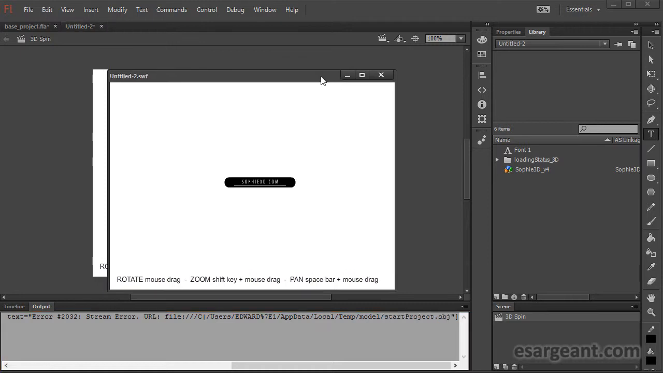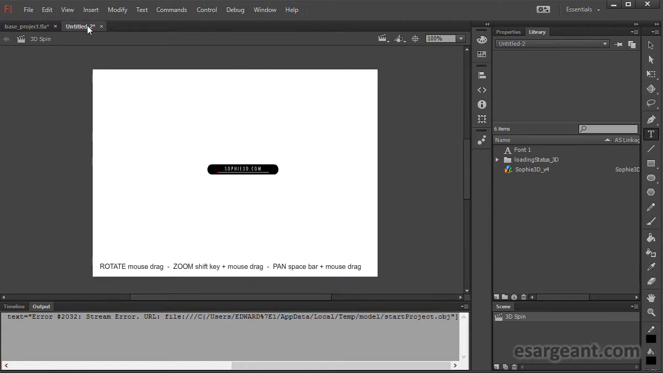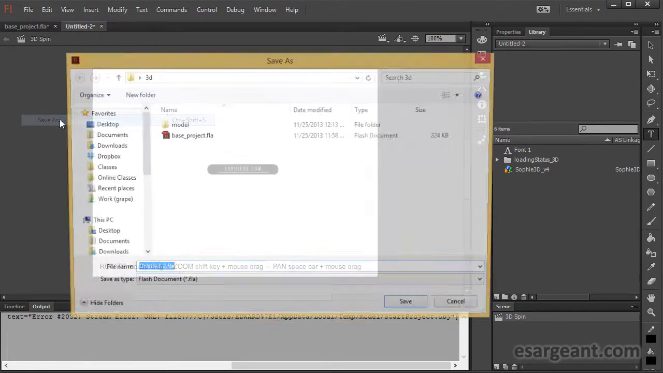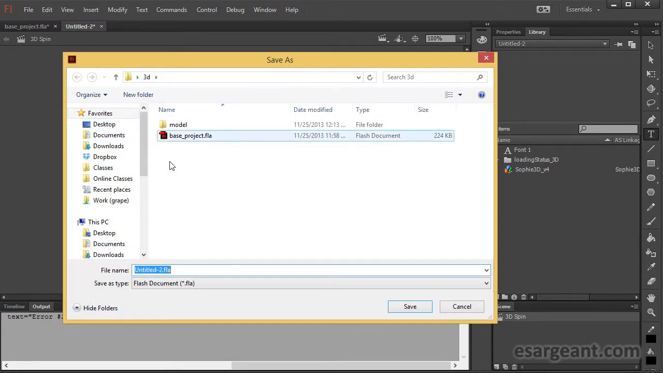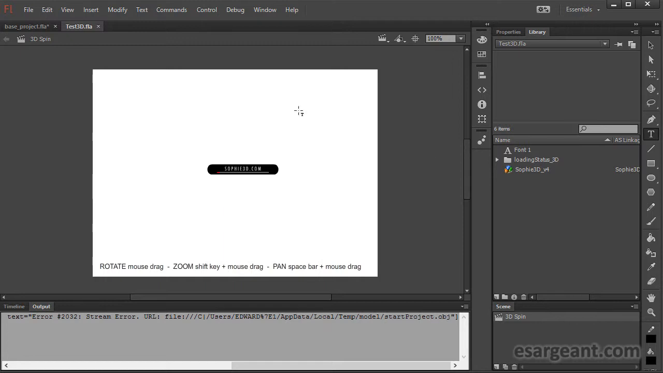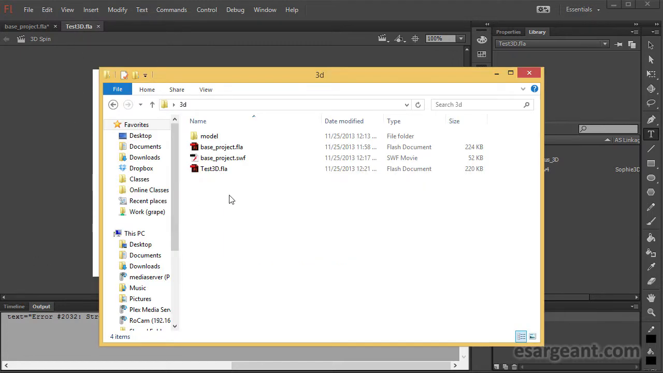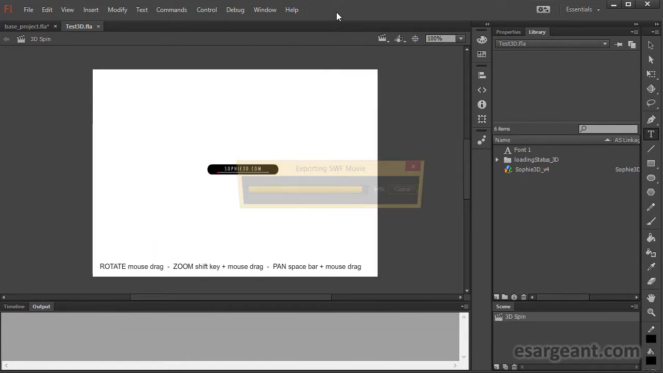And that's because this is an untitled document. So what I need to do is save this into that all-important folder setup. Here's the original base project folder or file. I can call this anything I want. I can call it Test 3D. Click Save. And now, because it's got a specific location, it knows that it can find that model folder. When I run it,